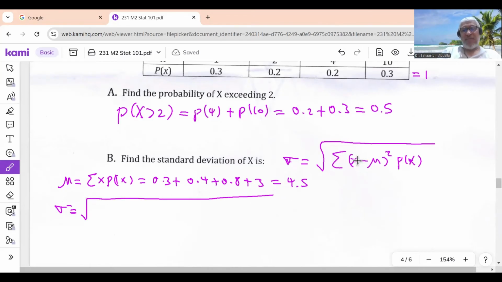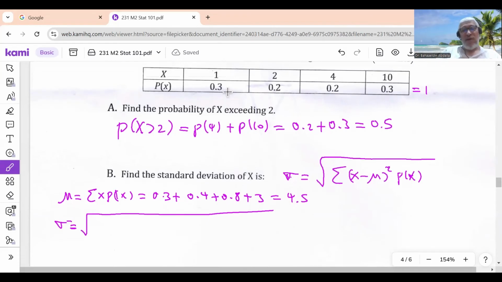And now sigma would be the square root of: you subtract each x from this mu. So 1 minus 4.5 squared. Well, this is 3.5 squared. It is negative 3.5, but when you square it, the negative will disappear. So I'm not going to write negative. It is in fact 3.5 squared times what? Times the probability of 1, which is 0.3,